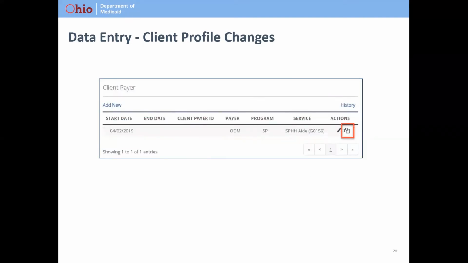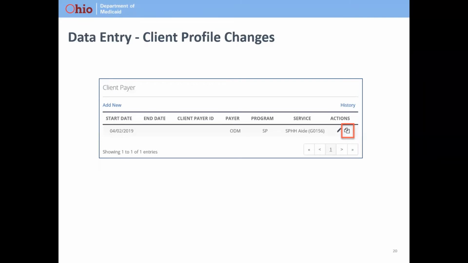Now, I mentioned the ability to edit a moment ago, and you can see that on this screen. The payer that we were just adding has already been added, which means it's showing up under the client payer section. I do still have the ability to add a new payer by the add new option on the left-hand side of the screen. I also have the ability to see a history of payers that have been ended already, and that's by the history button that shows up on the right-hand side of the screen. Otherwise, the payer that I just set up is listed here. So our start date of April 2nd, no end date just yet, no client payer ID needed,